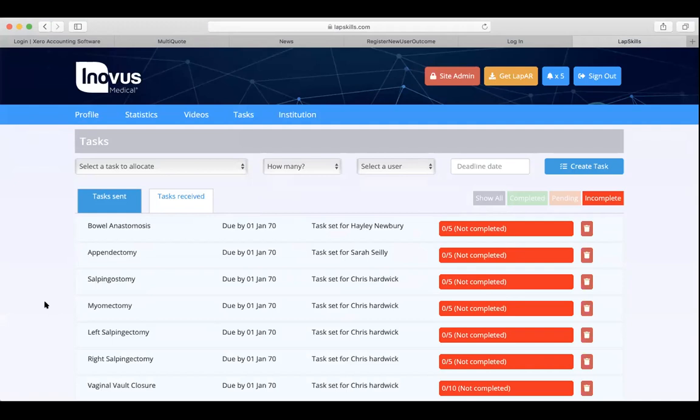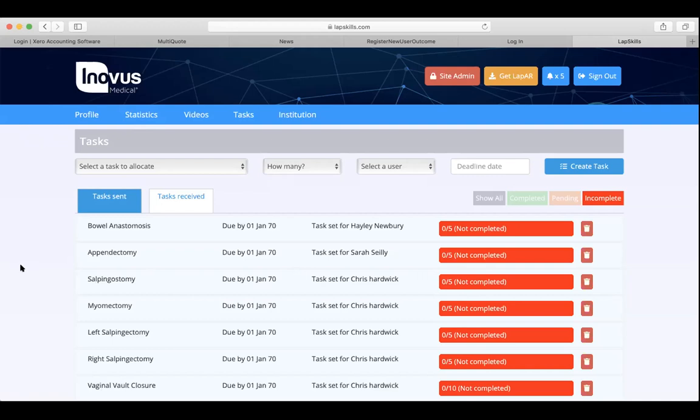The power of this task management is not only guiding people's training, but if you imagine you are a consultant or a senior surgeon who has many trainees and you've set them lots and lots of tasks, it'd be very difficult to go into their statistics page and try and vet out the tasks they've done. Whereas here you can see, okay, this person has completed the task I've asked for. This person's a long way behind. I can give them a nudge. So it's a really useful platform for making sure that we're guiding the training in the right way.